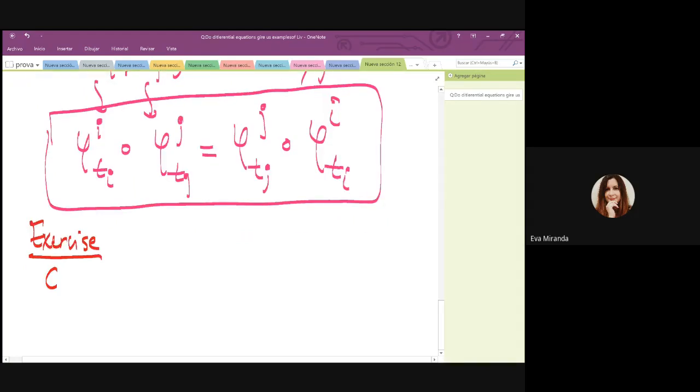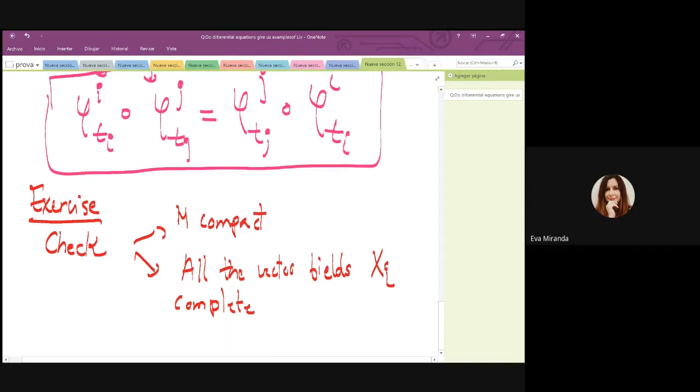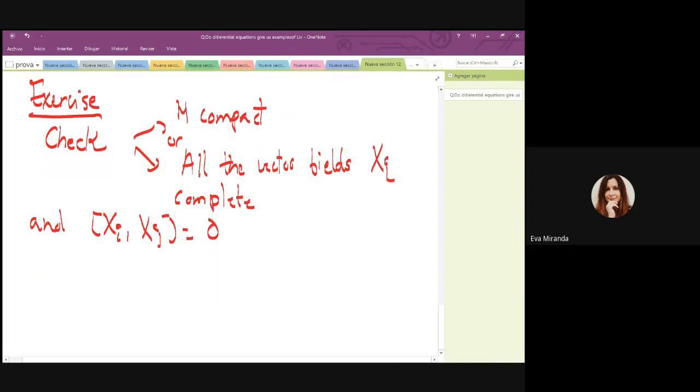Check that if we assume either M compact or all the vector fields X sub i complete, of course, and we assume, if we assume either this or this and the commutation property, then I want you to check that the mapping